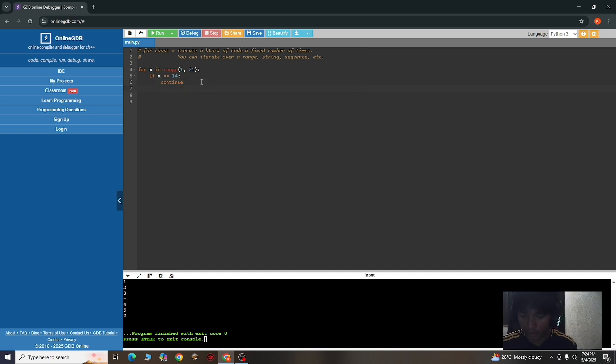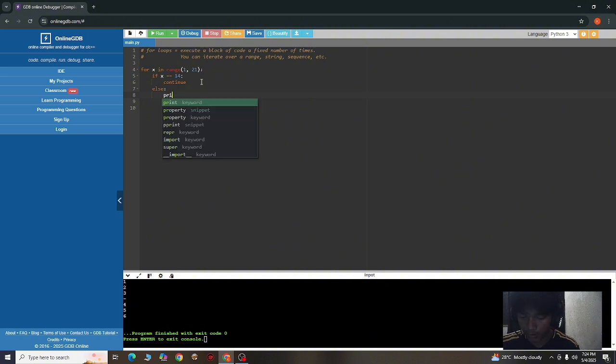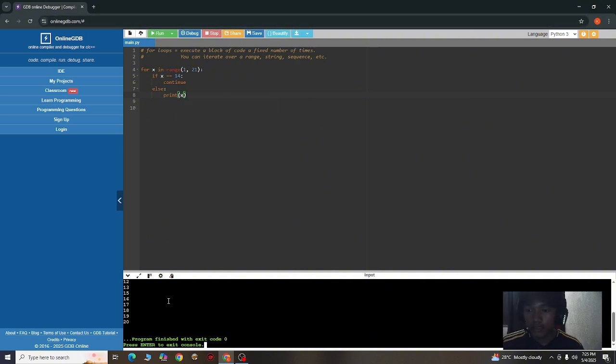So else, print X. As you can see, it shows 13 and there is no 14 because we put continue here, so it would exclude the number 14.